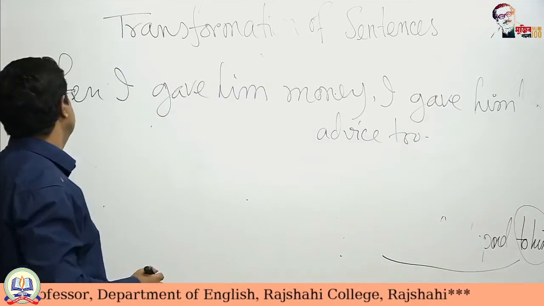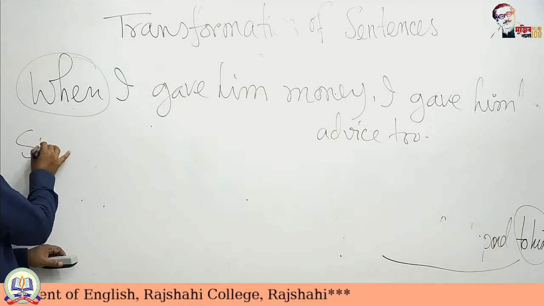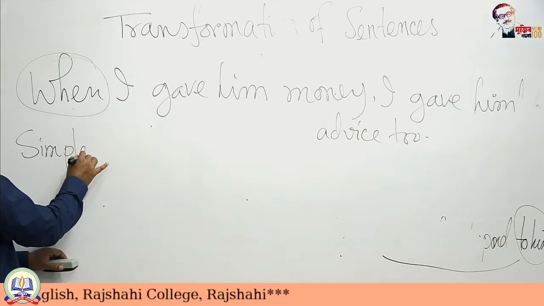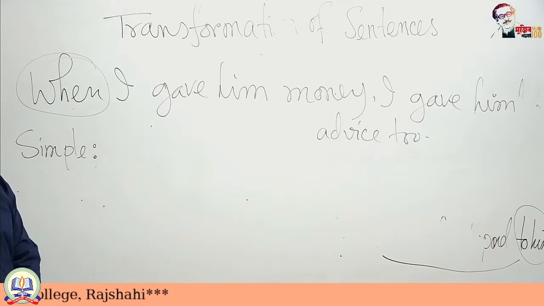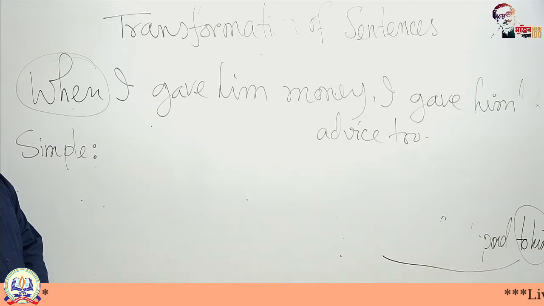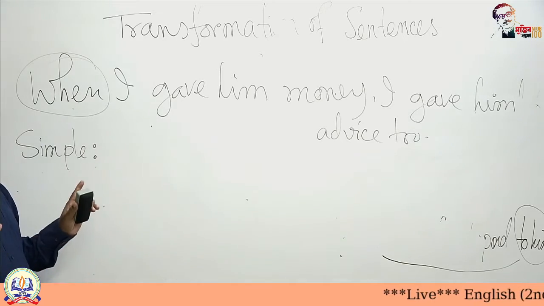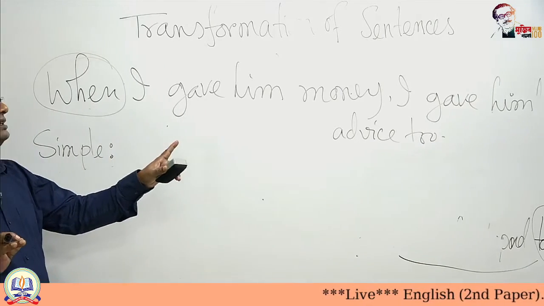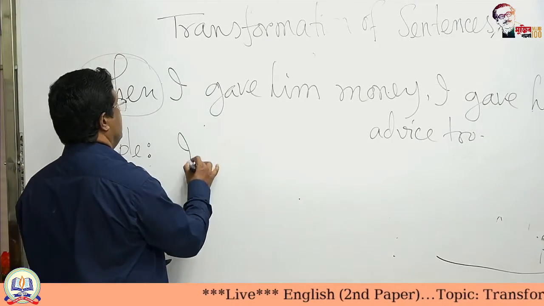Okay, so the conjunction must be eliminated. I am going to change it into a simple sentence. So when is totally unnecessary. Now notice, I gave him money, I gave him advice. So I gave him two things. What are the two things? Money and advice. So I can say, firstly, I